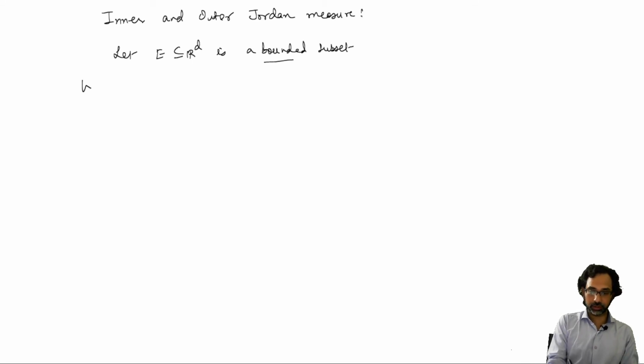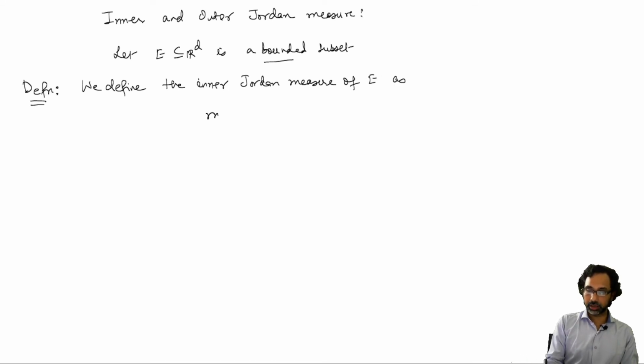So this is a definition, we define the inner Jordan measure of E as, so we will denote the inner Jordan measure with a lower subscript j. We will denote it like this. This is the inner Jordan measure, and by definition this is the supremum over all elementary sets A inside E,